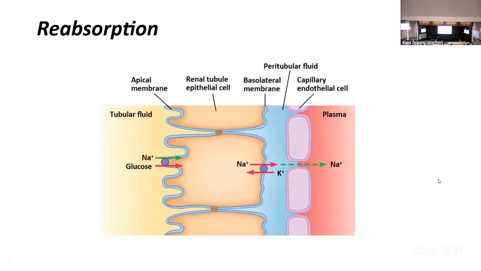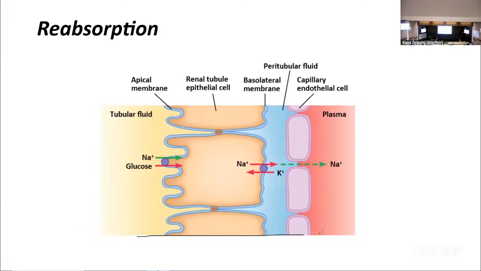So first thing you want to remember about reabsorption is the direction, right? So direction for reabsorption, it's going from our filtrate back to the blood, right? So that's our reabsorption direction. So we can see that we have sodium-potassium pumps here on the basolateral membrane. These are setting up a sodium gradient that's going to allow us to pull things in this